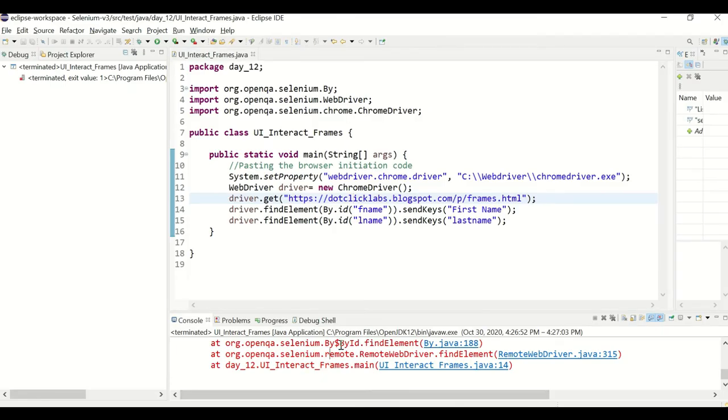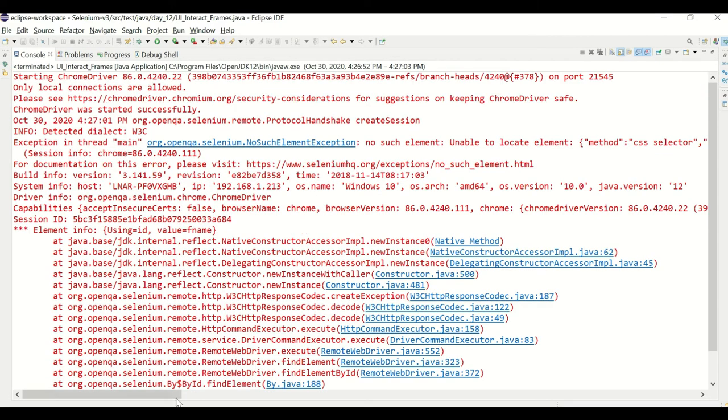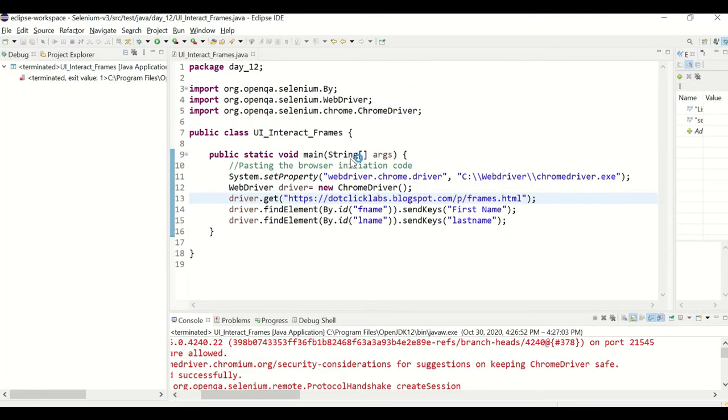Even though the IDs and everything are unique and able to identify, still it is not able to enter values in those particular elements. It means we are getting an unable to locate element or no such element exception for that particular text box. So this is the issue which we are facing now.